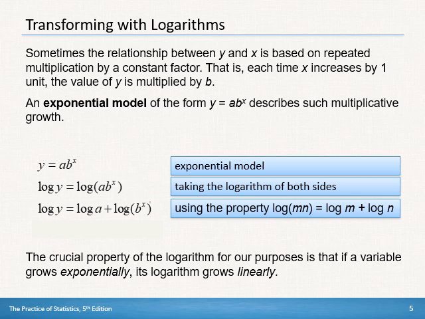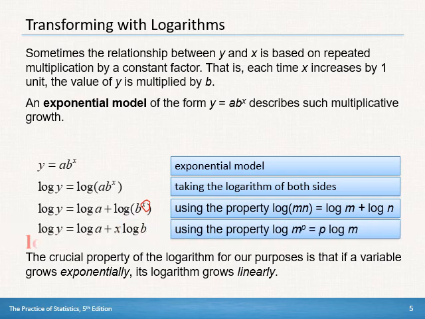And so this x right now is an exponent, and we can take that exponent down in front using the power properties of logarithms. So we can bring that x down in front, and now we have log b, and b is a constant, so log b is a constant. So we'll just write that as capital B. And then log A is a constant, so that's also a constant. So you can see that this equation definitely has a linear form. X and log Y form a linear